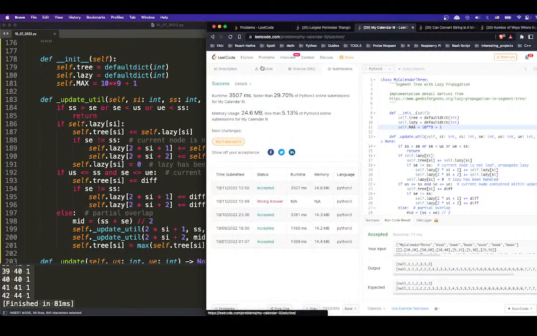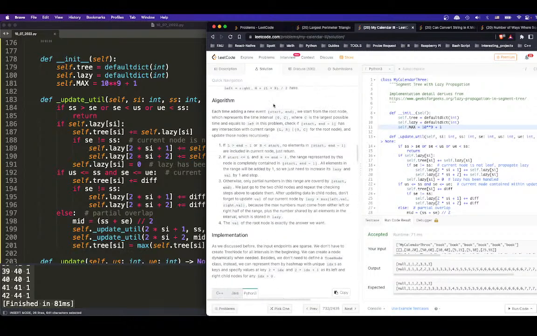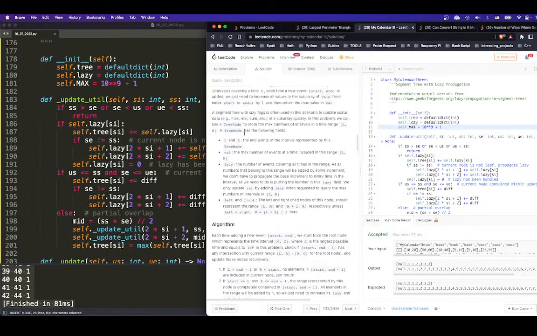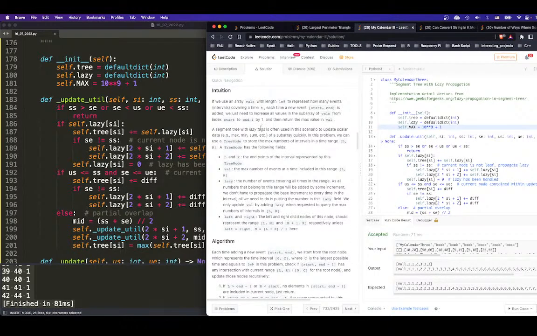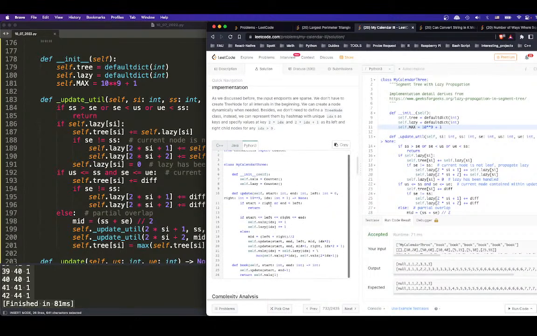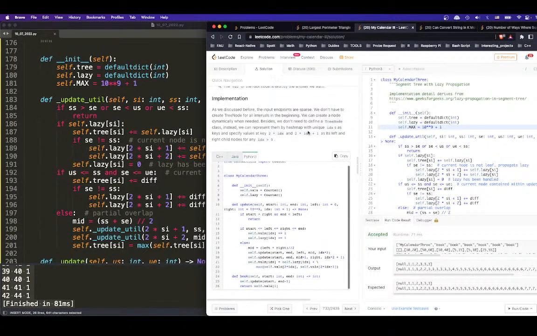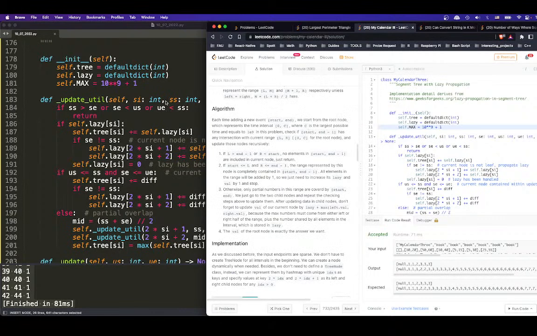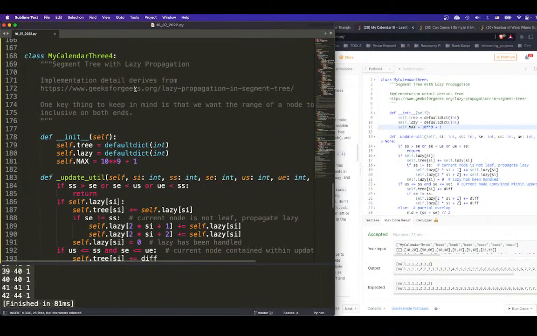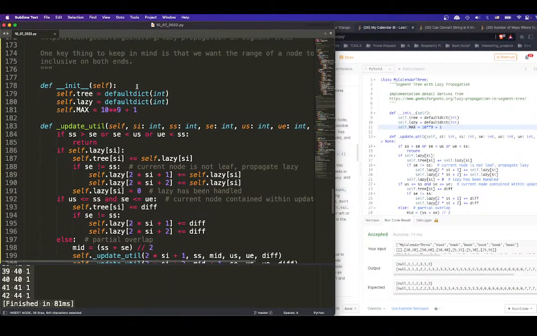If you take a look at the solution, this segment tree uses something called lazy. It's a segment tree with lazy tags. It's something I've never done before. Honestly, I don't like this explanation. It's very specific to this problem, not generic. So I go to GeeksforGeeks, and they have a very good implementation of segment tree with lazy tags. This implementation is basically following GeeksforGeeks. So the basic idea is,